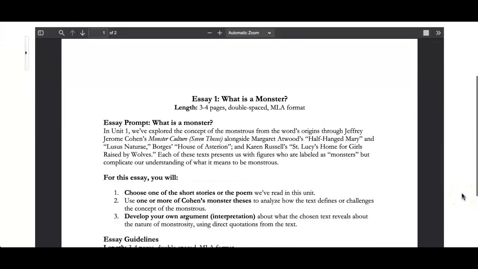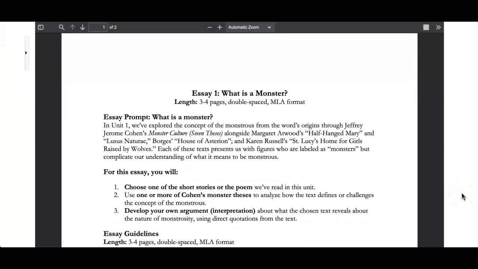All right, so at the beginning of each unit, of which we will have 3, I will introduce the unit on D2L, and then you have a link to a nice layout PDF like this that shows you all the ins and outs of our final essay that we're working towards. So all of our smaller assignments are meant to scaffold you, or sort of build to this larger essay.